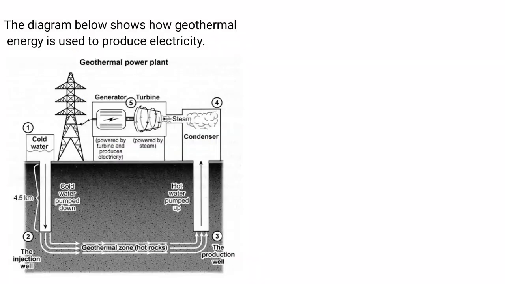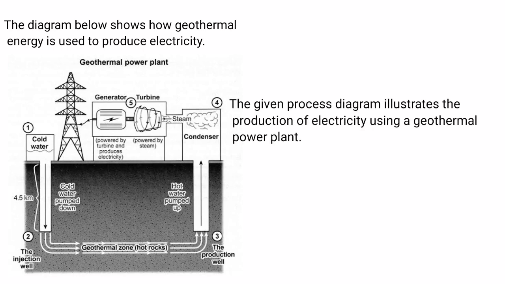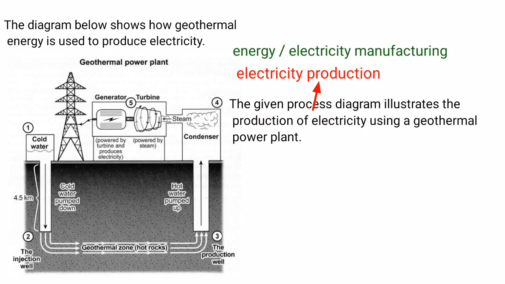Alright, now I'll write the introduction first. See here, I have used X of Y, meaning "production of electricity", correct? I can also write "electricity production", but as we have replaced manufacturing by production in the previous diagram, we can't use manufacturing here with energy or electricity. But yeah, you have one option, that is "generation". So you could say "electricity generation" or "generation of electricity".